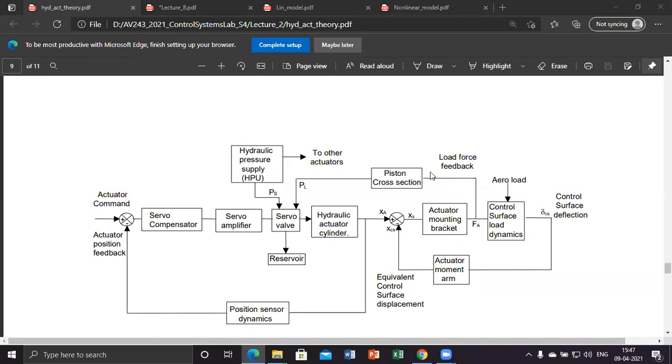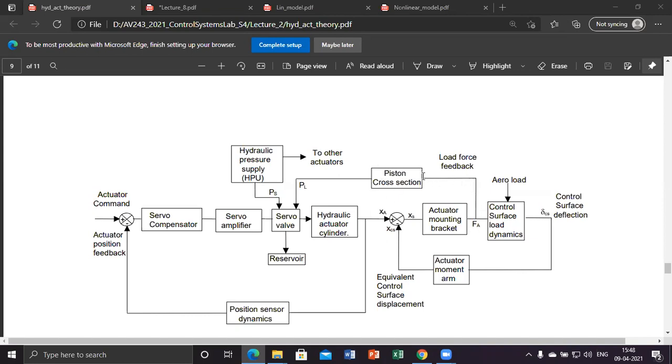That FA acts on the piston cross section, and this is a global diagram. I'm not showing all the full details. That is why the notation is not FA, because there is a difference between F capital A and F small a, which is due to the internal loss. I am not explicitly showing the internal loss here, because in the functional diagram, all details may not be there. So FA is the total actuator force developed internal to the actuator, that is PL into AP.